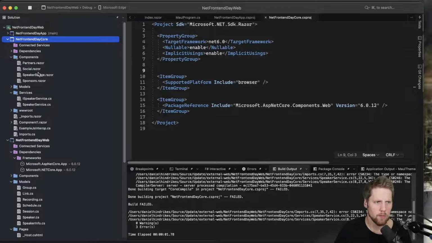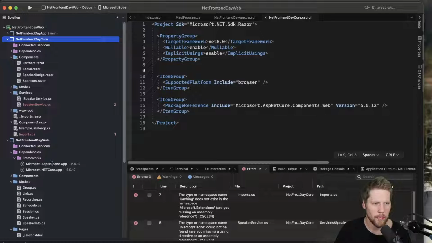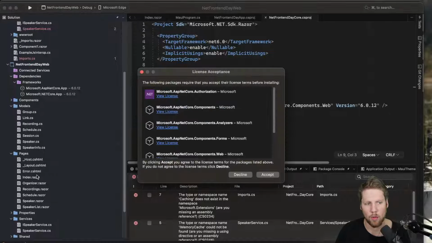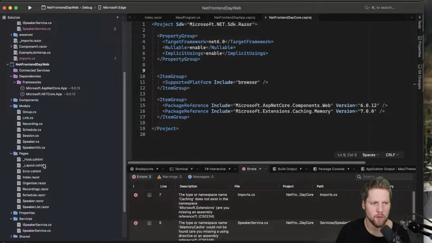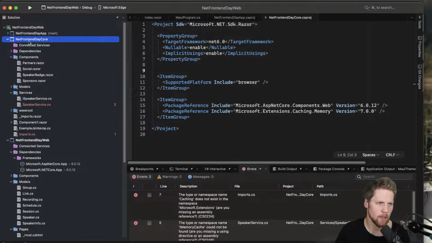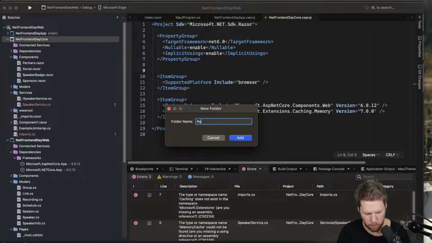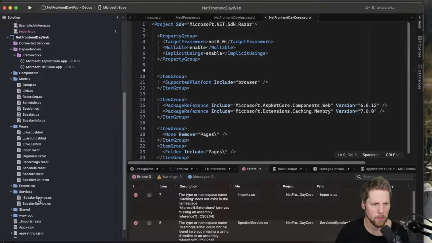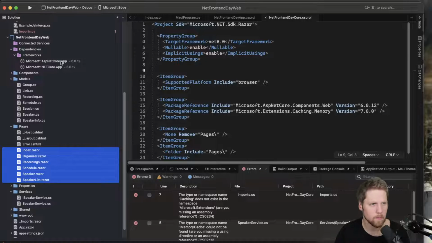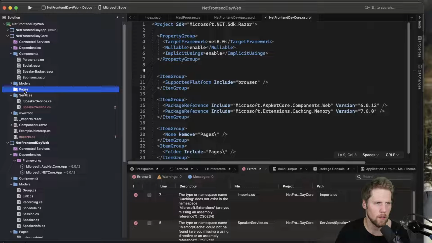So we have the components moved over here. We should also move the pages, and not all of them. We should not move the host file and not the layout. So let's go here and create a folder for that. Pages. Like that, and then we can copy all of those files over, just like that, and